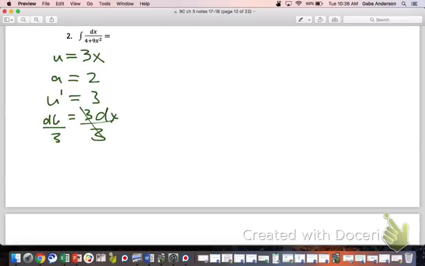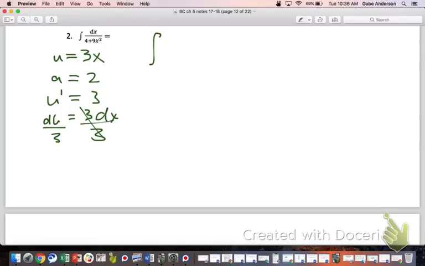Let's see here. So we set things up exactly the same way. I would recognize arctan just like you did, but in my head, what I'm thinking about is the derivative, right? I'm thinking, okay, the derivative of arctan of u over a is u prime a over a squared plus u squared. And if somebody said, well, why is it u prime a over a squared plus u squared? We'd go back and prove it the same way we proved the arc cosine before. So I'm thinking about, okay, so I know that it has to be u prime a over a squared plus u squared. So what I would do is I would say, all right, u prime is 3, a is 2,